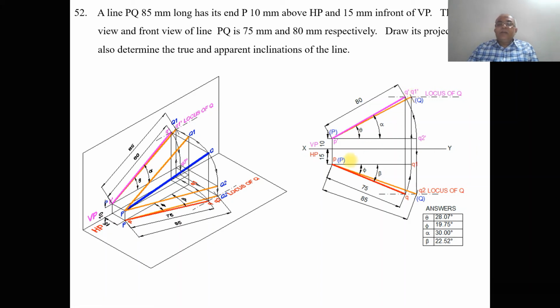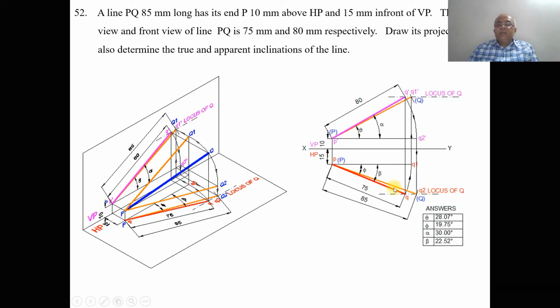So to get the top view true length, from P dash you measure the distance equal to 80 mm along a horizontal line, and mark this point as Q2 dash. Then draw a vertical projector from Q2 dash to the top view. With P as center, by using the compass, measure the length of 85 and cut an arc on that vertical projector, so that you are going to get Q2, that is the top view. Then draw a dash dot line passing through that intersection point, and you mark this as the locus of Q, and then mark this as Q here and this as capital P here.